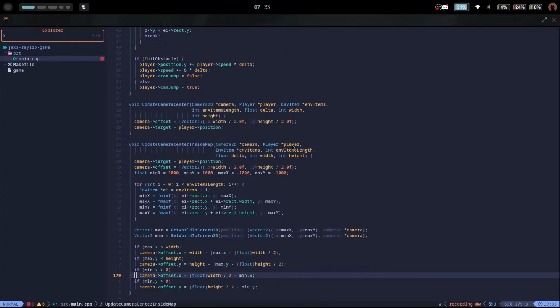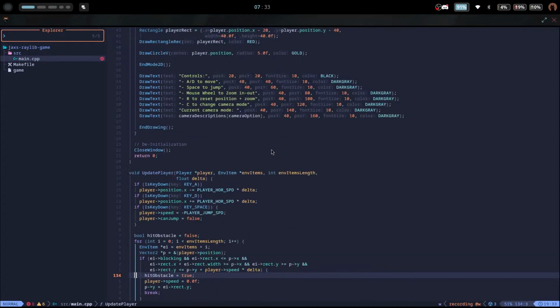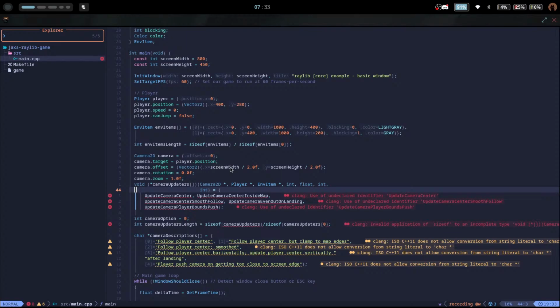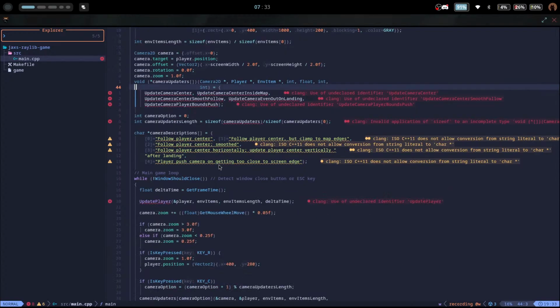I should have update player. Yeah, I have update player right here. Maybe I do need the function declaration. I don't know why I would, but